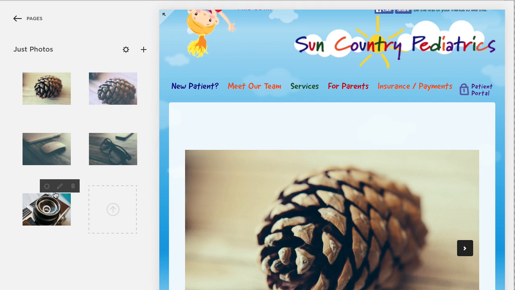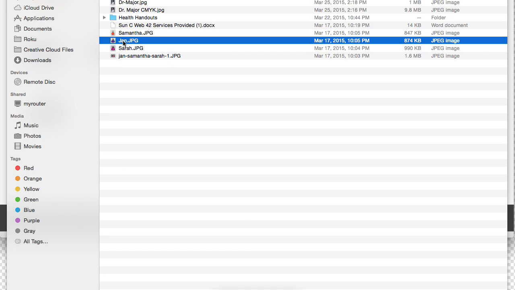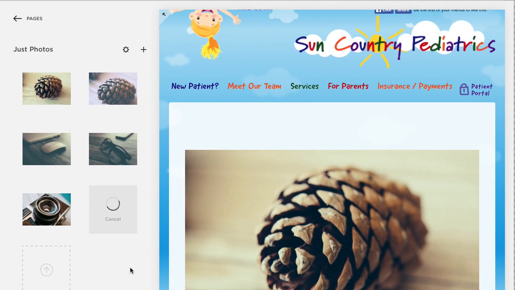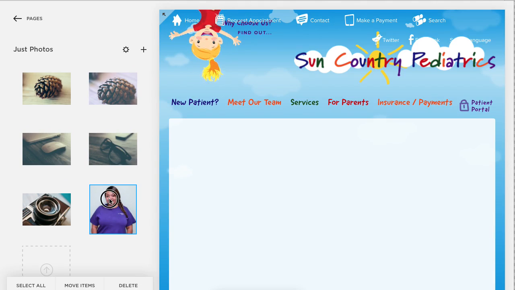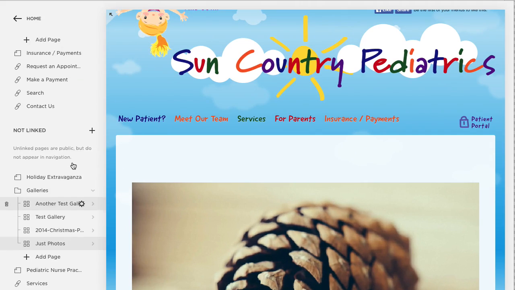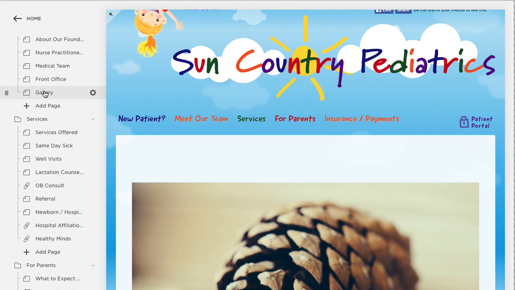So if one of these images is like a portrait type image, like one of these, then we want to make sure that we set that up, but by putting that on our face, that's fine. And then there's nothing to save if you just go back to pages then. And then if we scroll back up to our gallery,